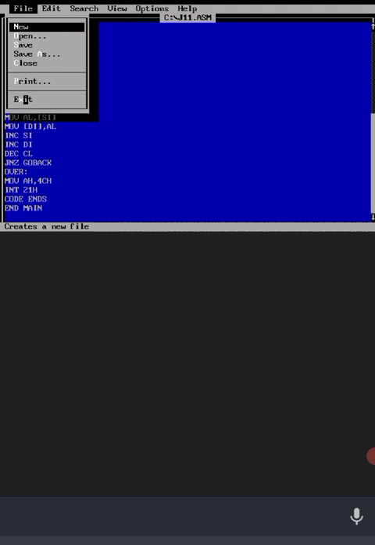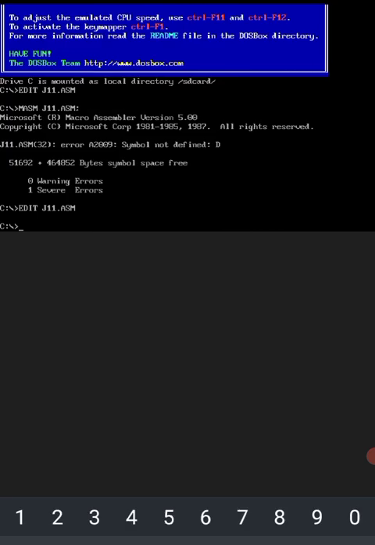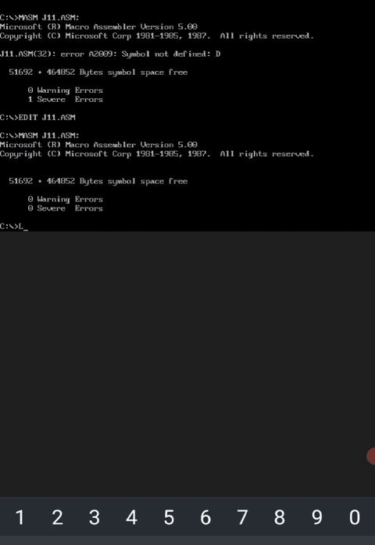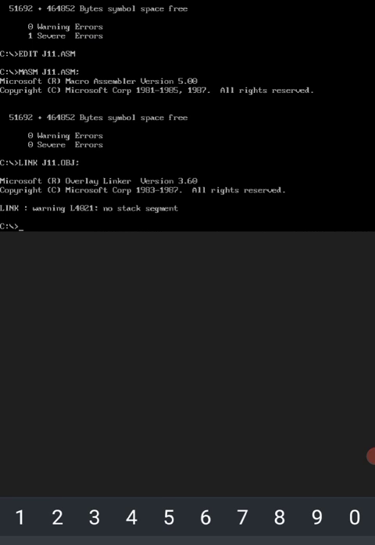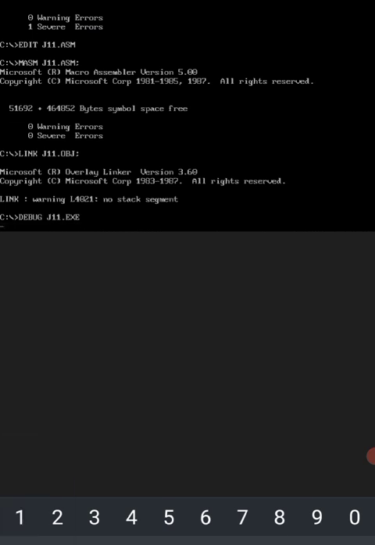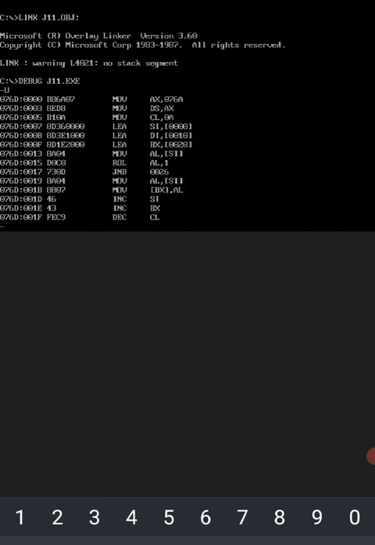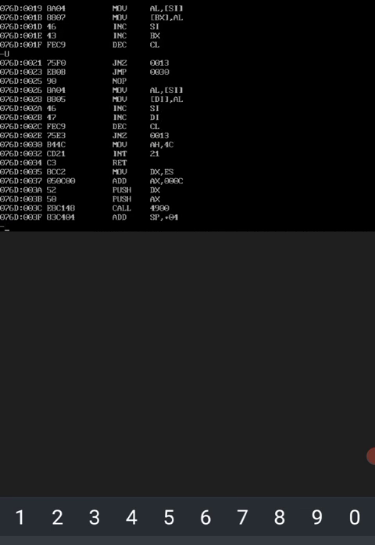I type masm again. I corrected the error; you can refer to it, since I have not shown how to correct errors in any other program. Click on enter. 0 warning errors and 0 severe errors. Then link j11.obj;. Click on enter. Next debug step: debug j11.exe. Click on enter. You should get a slash, after that type u. I am not getting it, so again type u. Now I am getting MOV AH, 4CH.